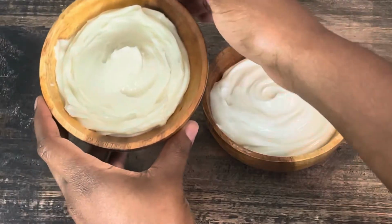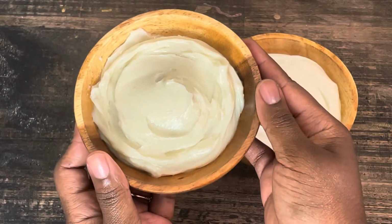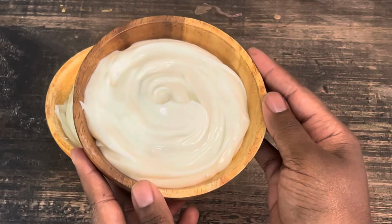And starting out with shea butter, I noticed that the color was a lot more yellow when it came to this formulation. Now, shea butter itself is more of a yellow color, and it's a really light yellow color. And then we also have to think about using the cocoa butter that also adds a yellow texture along with the beeswax. But when I use the mango butter, which has more of a white ivory color to it, it changed the formulation and made it a more white ivory color of a formula in general,